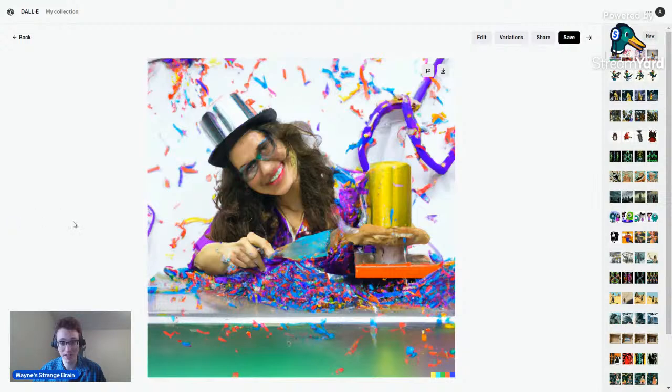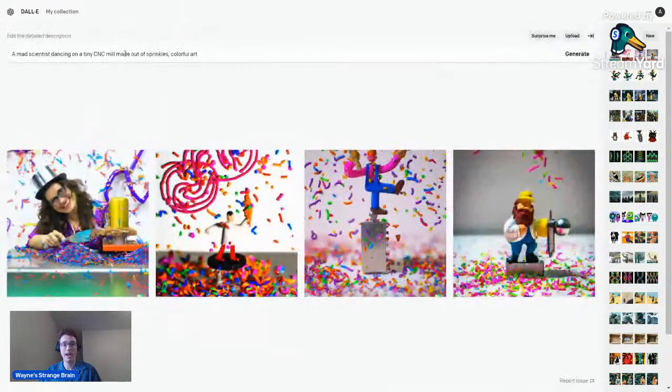Maybe if I gave it more detail, like made out of gears, mechanical instead of colorful, I removed the sprinkles. I'm gonna take your suggestion, Mark, and Paul, if you want to come up with something more specific, I'd be happy to try that.